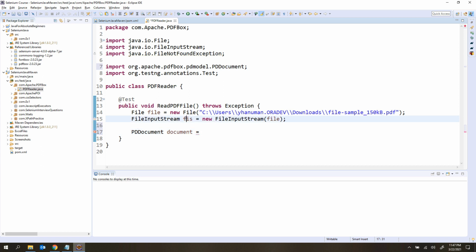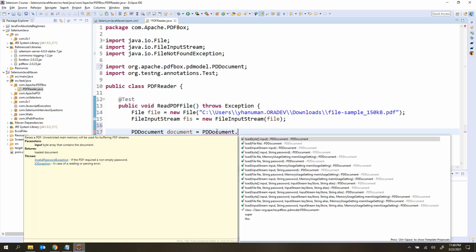So the data is already present inside this file input stream. We want to convert the data into PDF format of data. So how do you do that? You can directly use this class. Inside this class, we have a static method that is load. In the load method, we have so many parameters, guys. You can pass the byte array, you can pass the file directly, you can pass the input stream. Like that, you can pass so many things. If the file is actually encrypted, you can pass the password also here. Like that, there are so many options here.